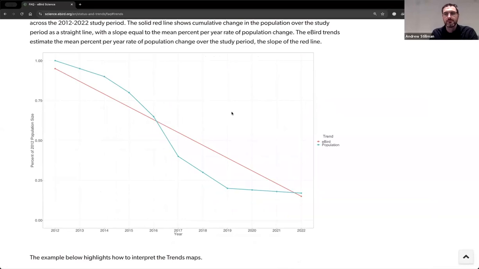And the red line is what we're estimating from the start and the end. But notice also that the red line doesn't exactly overlap the start and the end of the blue line. That's also not what we're estimating. We're not estimating 2022 versus 2012 specifically. The trend is estimating the mean percent per year change over the whole time period.